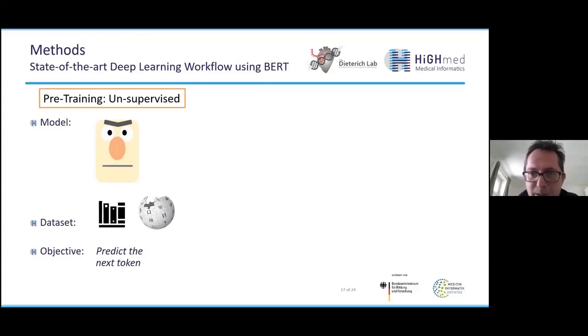Fine-tuning I will explain in a second, but the pre-training works the following way. You have an unsupervised task, so you don't need annotated text. That's always nice, because text you most probably have available, but not manual annotations. So you take such an architecture, randomly initialized again, like the BERT model. And as a data set, you use, for example, the whole Wikipedia dump or something like that, whatever you have.